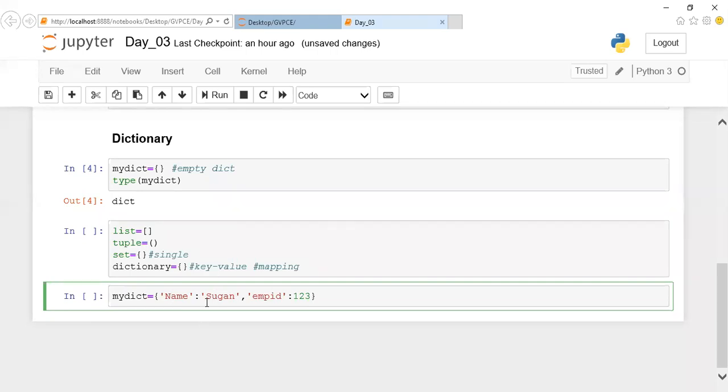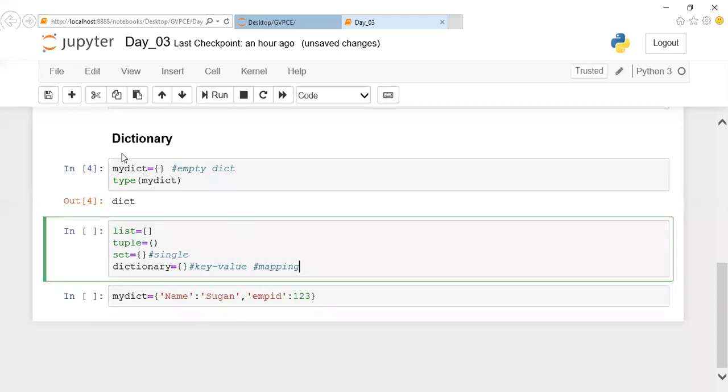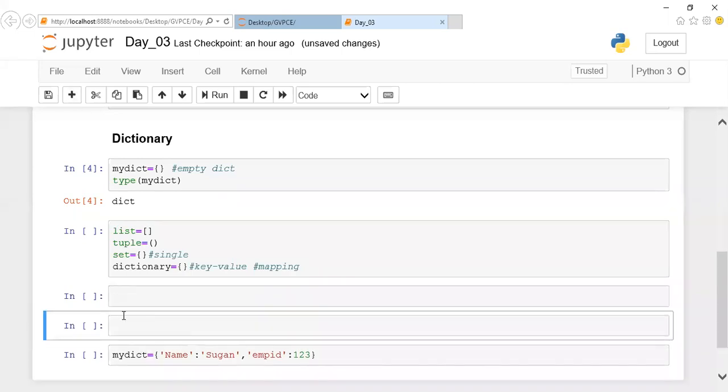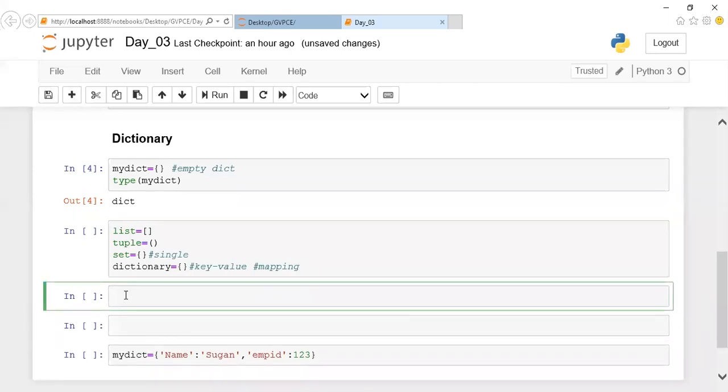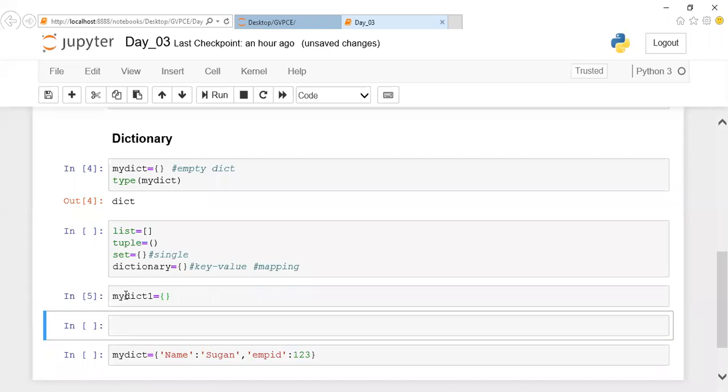Now before going to this initialization, I'll show you how to add a value to the dictionary. If the dictionary is an empty dictionary and you want to add some values, we'll see how to add it. Right now let us keep my dictionary 1 as the empty dictionary which is available. I want to insert a value to it. In those cases, you can insert in this way.